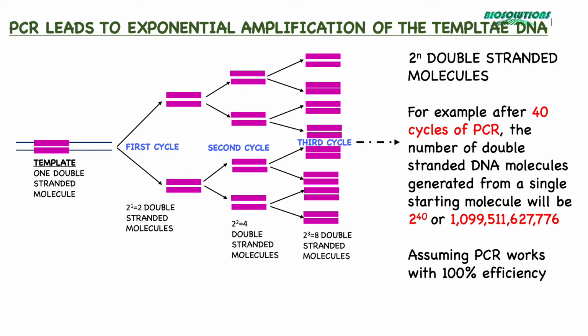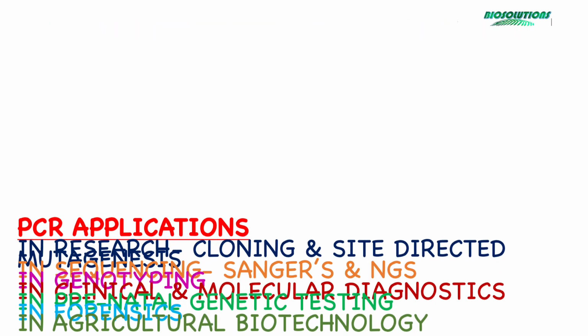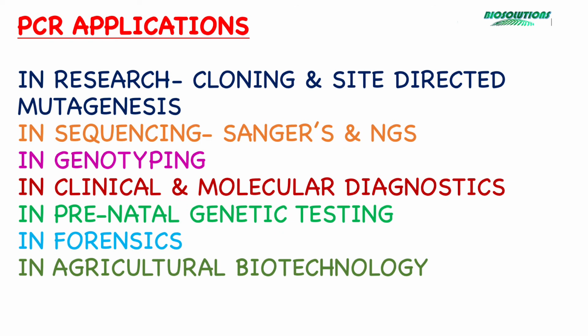PCR is used in research like for cloning, site-directed mutagenesis, and sequencing, where we will be focusing today. PCR is also used for genotyping, genetic testing, diagnosis of infectious diseases, forensics, and agricultural biotech, which we will cover in the next part. PCR can be used for direct cloning, in which a gene of interest or any other source